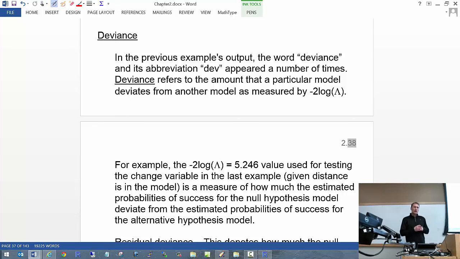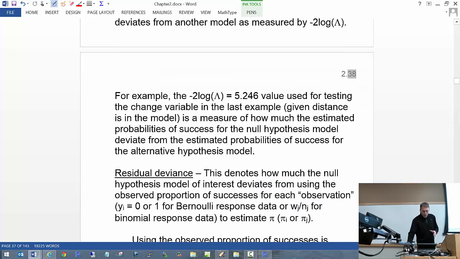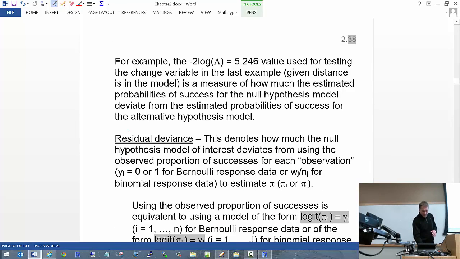Now there are two types of uses of the name deviance that often occur. One particular thing is called the residual deviance. And basically all that means is this. You want to compare a model of interest, such as the model that has just distance in it, to basically a model that's equivalent to, how should I put it,